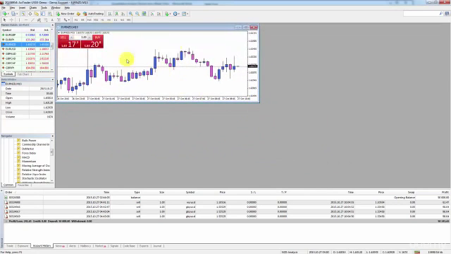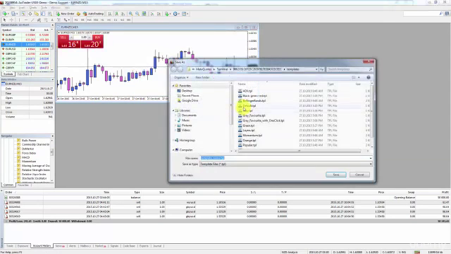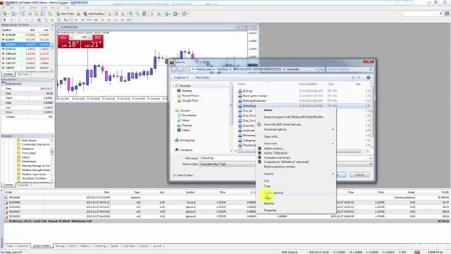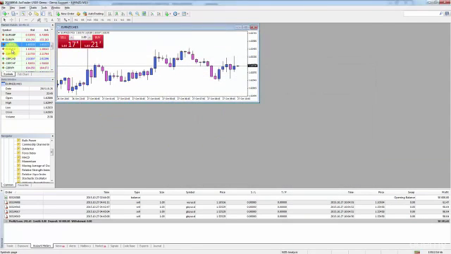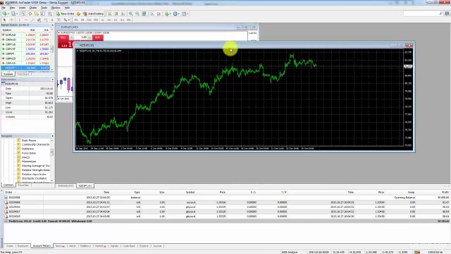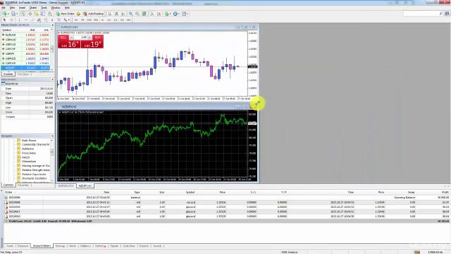the default template. If you don't want that to happen, all you have to do is go to Templates, Save Templates, and just remove this default template. So delete, then cancel that. And now any chart that you open, so let's find another New Zealand dollar currency pair, New Zealand dollar, Japanese yen. There we go. Now you will see that they're opened in the standard MetaTrader 4 template, the one that's